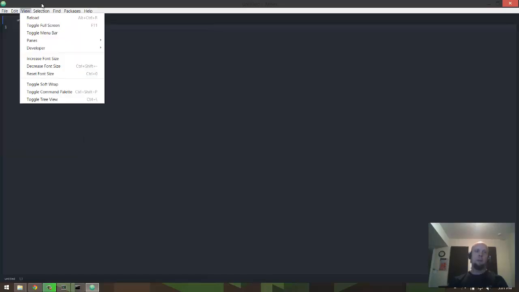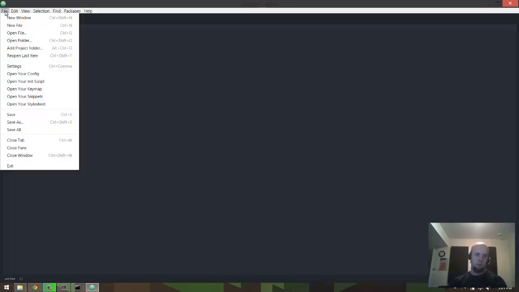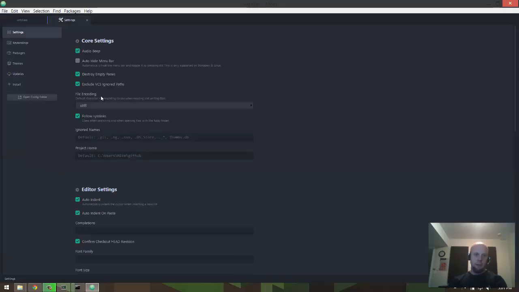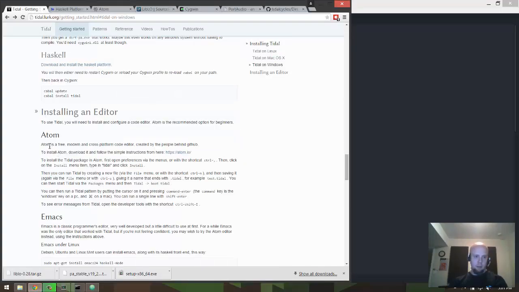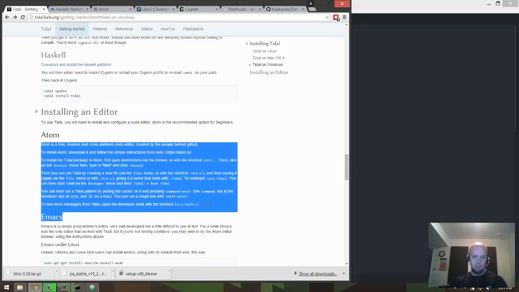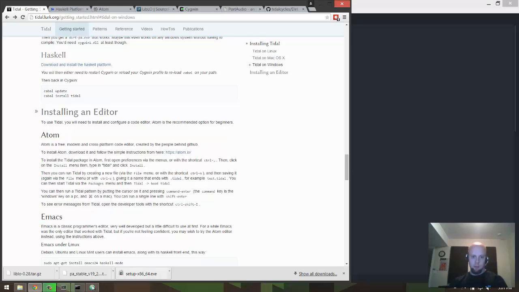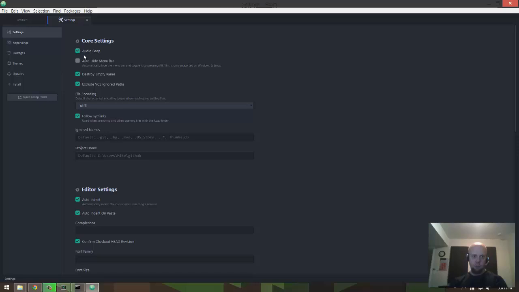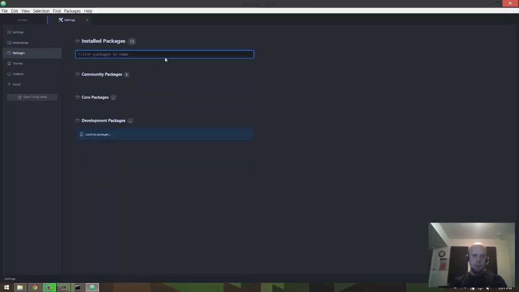I've not done anything with Atom, so the next part is to be done. So let's go to File and then Settings. And what we want to do is install the Tidal package for Atom. And everything I'm going to do next should be explained here, but I'm just going to run through it without referring to the instructions. So here in Atom, in the Settings tab, I'm going to go to Packages, and then